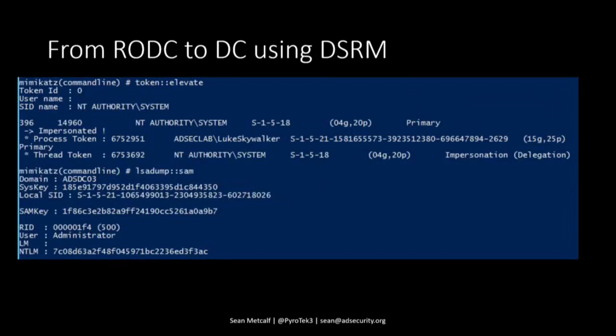And then there's one other thing that's pretty interesting. I mentioned the DSRM account, and I talked about this before. The DSRM account is that built-in default admin account on domain controllers. When a domain admin is standing up a new domain controller, they type in a password for this DSRM account. And it's a break glass account in case you need to get on the domain controller. Typically, you need to restart the domain controller into DSRM mode, Directory Services Restore Mode, in order to use this account and do anything with it.